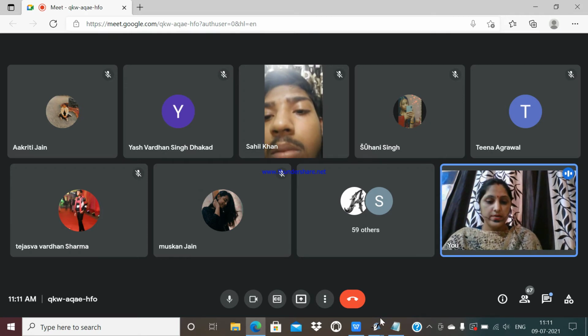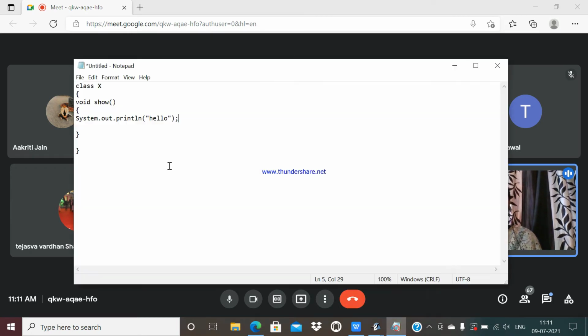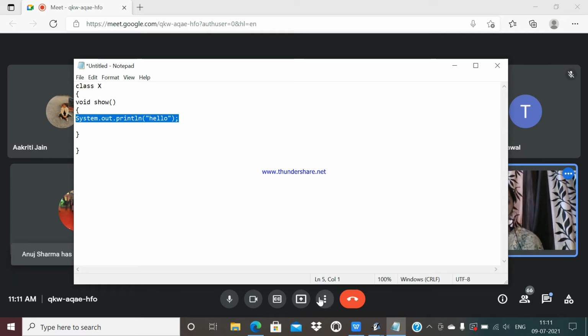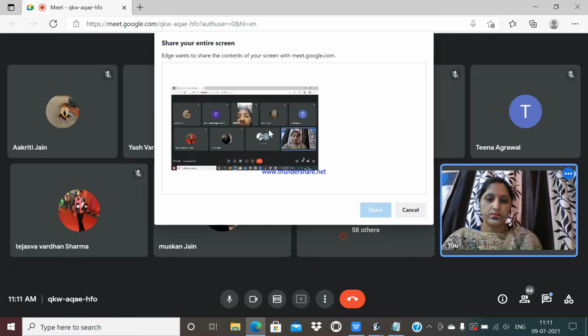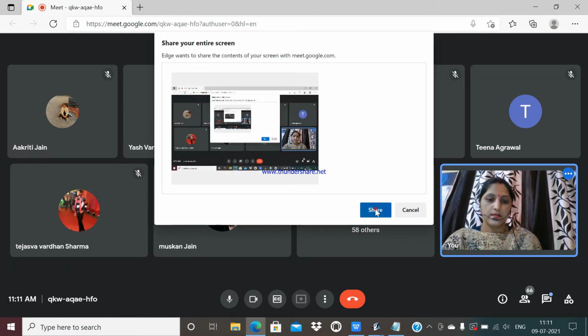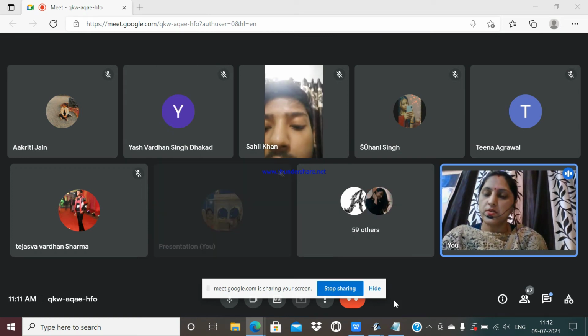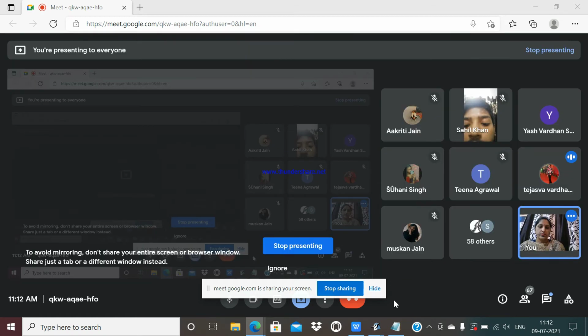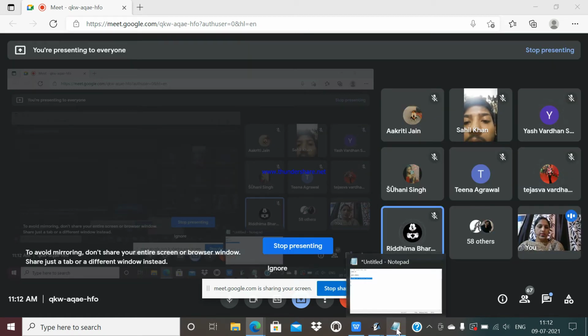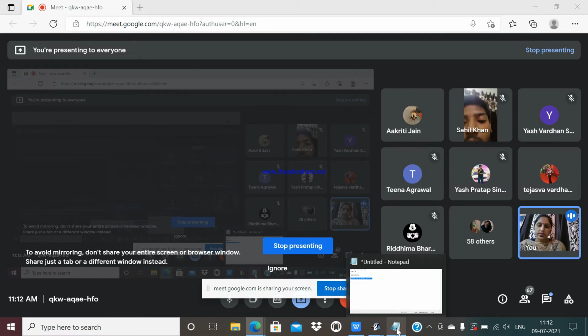Okay, as I have already told you, to create a function you will have to write the return type. So here the return type is void, the name of my function is show, and ये मेरा task है. So that I have already completed. Now again I am sharing my screen. Okay, is my screen visible to you all students? जो पढ़ा रही हूँ वो समझ में आ रहा है? Are you people understanding all these concepts?